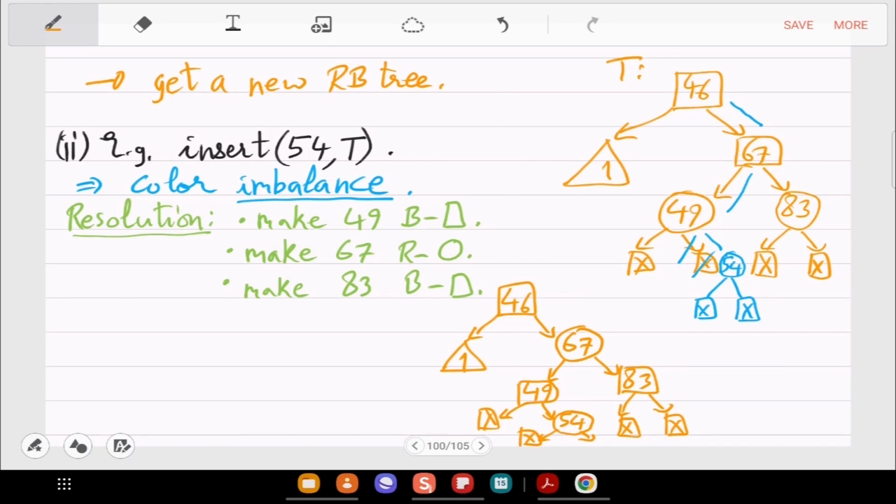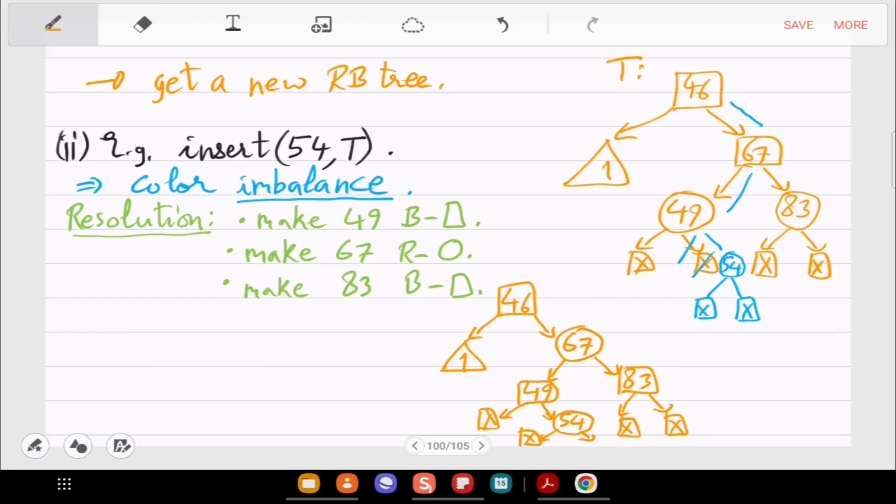Okay, so 49 is made black, its parent is made red, and its right child is made black. So now again we have black heights all equal. In fact, it's the same as in the old original tree, which is 3. And you can see that red has only black children. And we have inserted 54, yes?